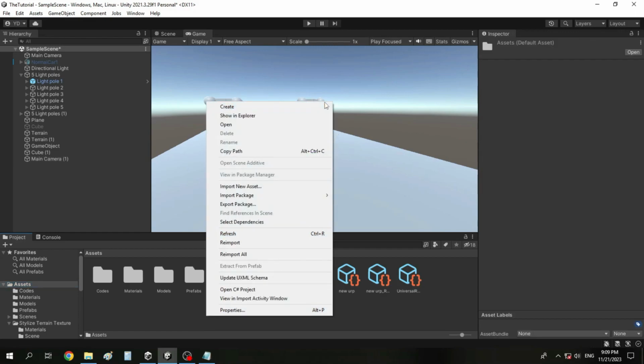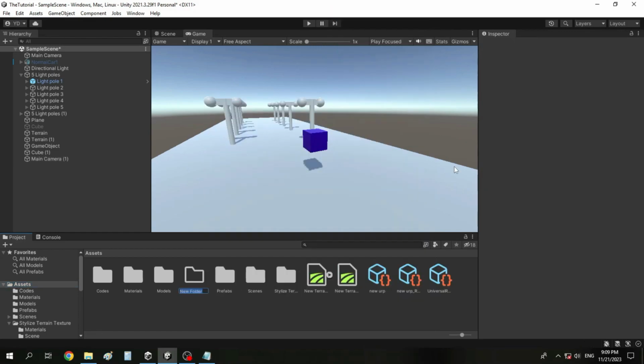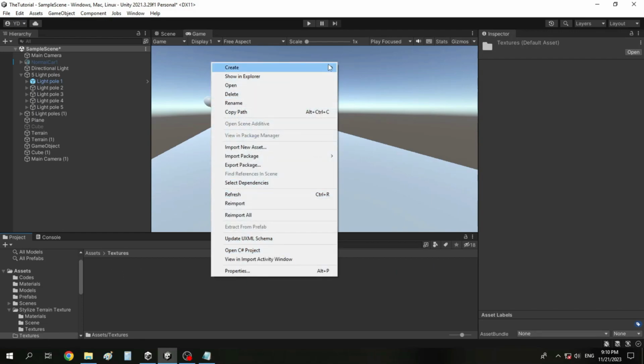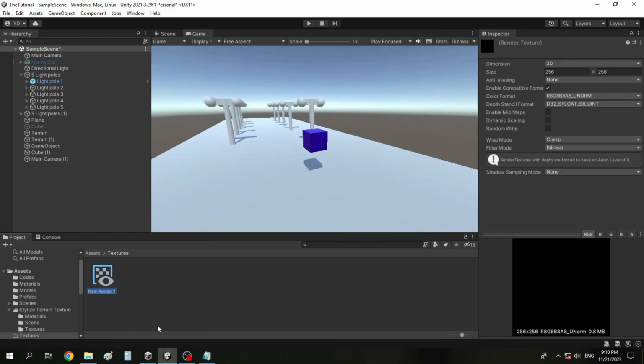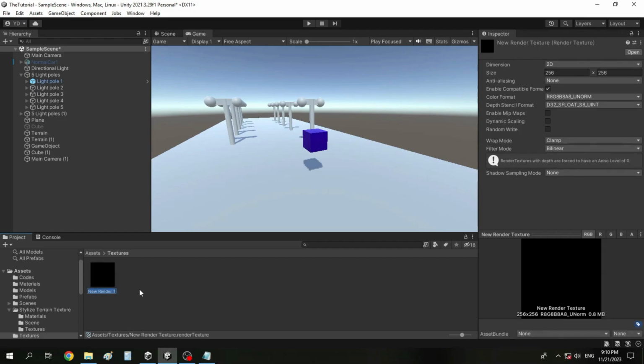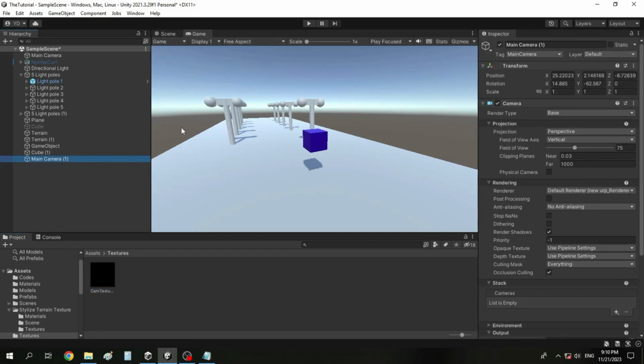Now I'm going to create another folder called textures, and I'm going to make a render texture. And name this cam texture. And this camera one,